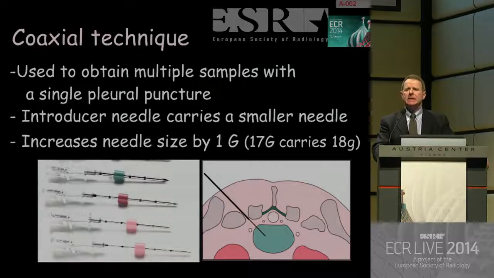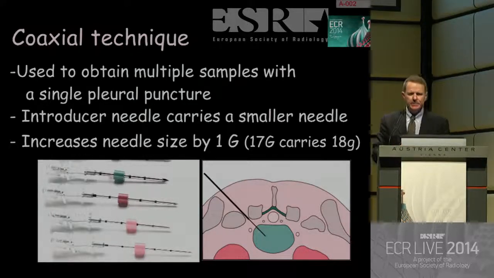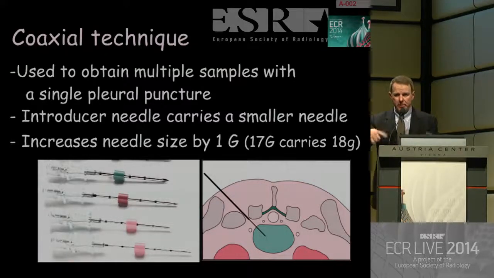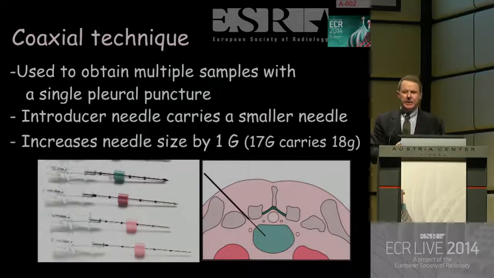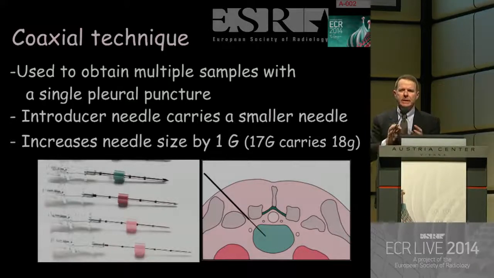And in the lung, this is important because it's one pleural puncture, okay? If you do 3 samples with different needles, you puncture the pleura 3 times. So the introducer needle carries a small needle. The most important thing is it has to be a good introducer needle. So a needle